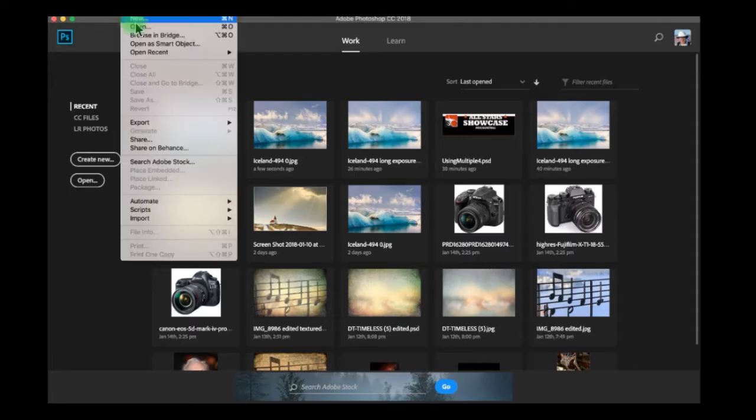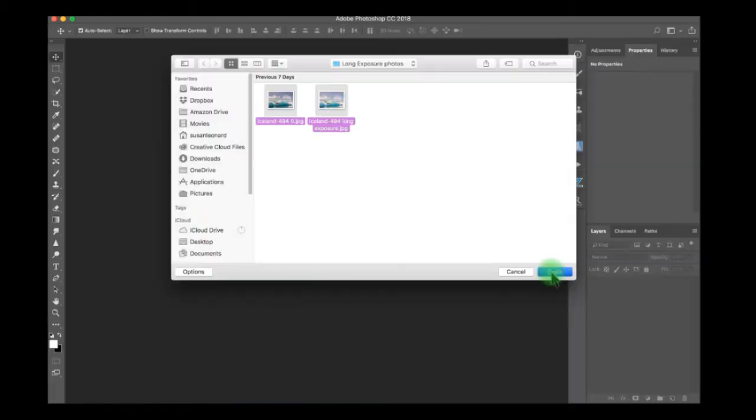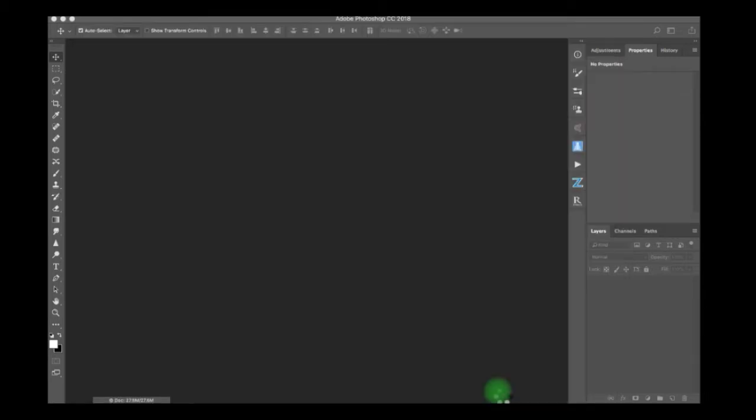Well, the first thing we need to do is actually open some files. So here we have the two files that we were working on in the meeting. And I'm going to open them up. First of all, they're actually open in Camera Raw because that's how I've got all my files set up. So I'm just going to highlight both and open them. And they will actually open as two files within